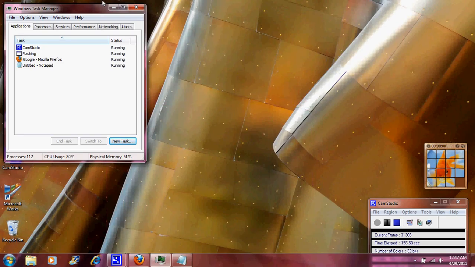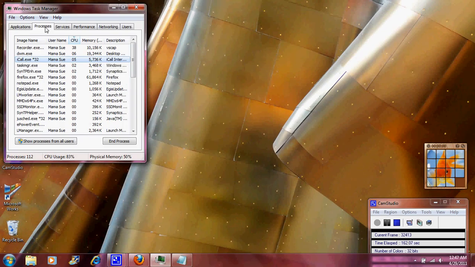In the Task Manager window, click the Processes tab right here. Click Image Name. The Image Name column header sorts the list of processes by name right here. So you could click that, and as you can see, these are all now in alphabetical order and they're not moving around. Find and highlight the process with the name notepad.exe. So we're going to go down here in alphabetical order and find Notepad